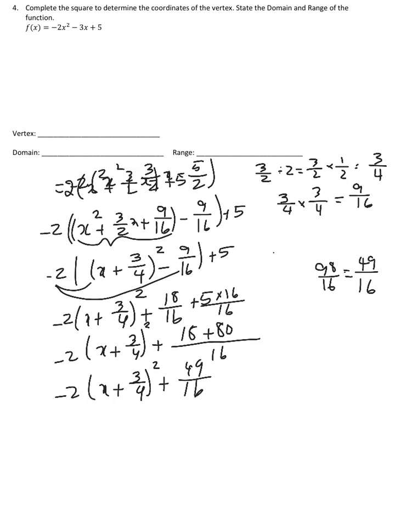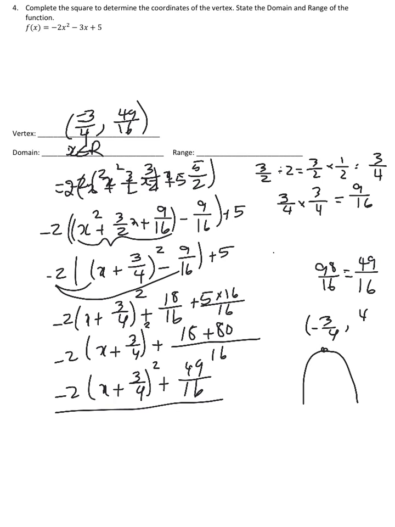So this means that the vertex is negative 3 over 4 and 49 over 16. The domain, as we know, this is a parabola, so there is no restriction on the domain, so the domain is x in R. And the range, if you look at the equation, because it's negative 2, it opens downward, and the vertex is negative 3 over 4 and 49 over 16. So this means that the range has to be y less than or equal to 49 over